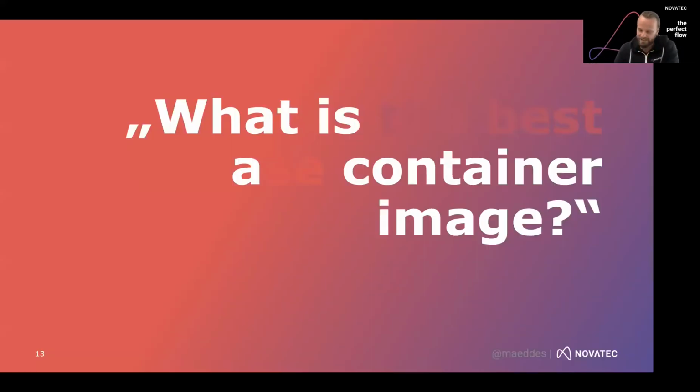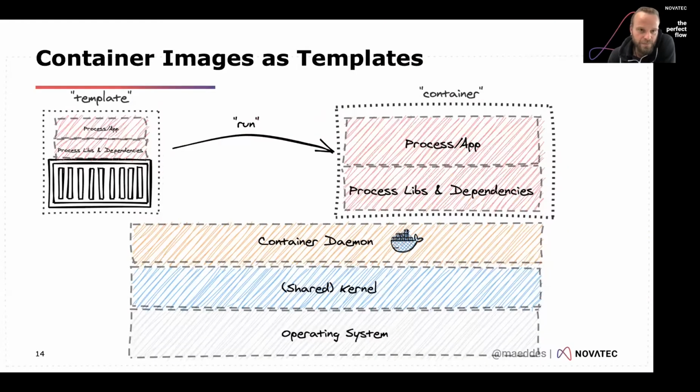Now, going back, what is a container image? Now that we have clarified what a container is, an image is basically a template. As we are in the Java world, we could, for example, say the container image is like a class file, whereas the container is the instantiation or the object. So the template, or the container image, will bring along all the things that a container needs to run, so that a container daemon can execute an image pretty much everywhere it runs, and it brings along all the things to run and behave in the same way.